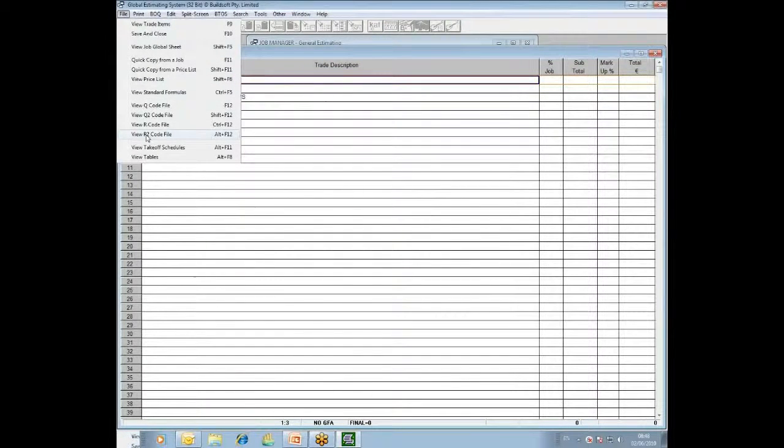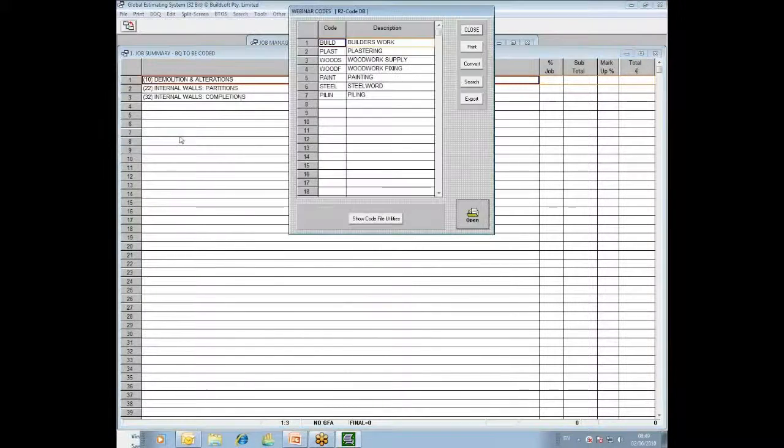and simply to do that I click on the File menu and select the option View OR2 Code File. You'll notice beside the option there's also a shortcut key that allows you to activate this using the function keys on your keyboard without having to use the menus. That's common throughout the system. If there is a shortcut key, when you look at the drop-down menu, it'll show it to you on the right-hand side. So I'm going to click on this View OR2 Code File, and up will pop the last used